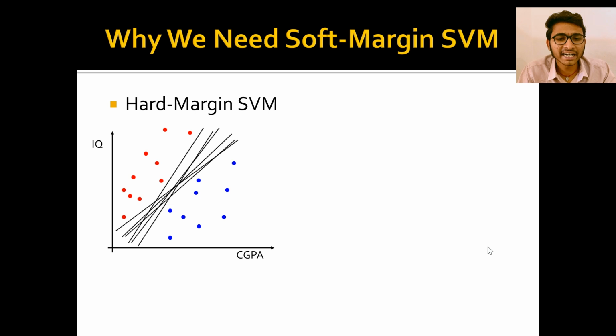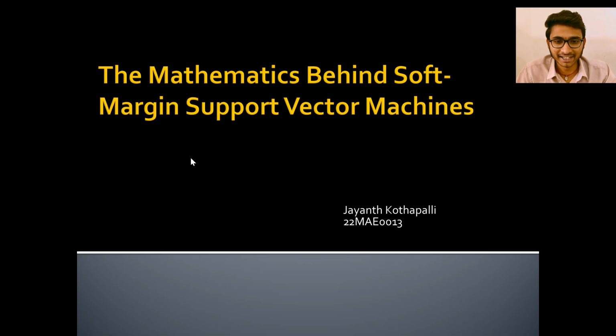Right now, let's take a data set, guys. We know the CGPA and IQ of different students, and the blue points indicate those who are placed and these are not placed. We could clearly find a mathematical formulation like a line that could separate this data, right? Then SVM says, hey Jane, I am there, I will help you to find the model which is robust. Okay SVM, how is that? Please help me. Okay, it says,